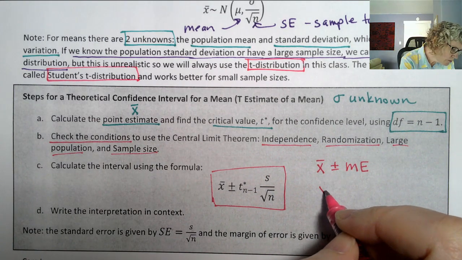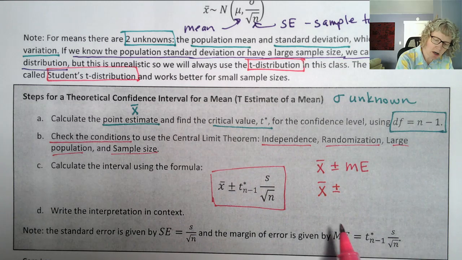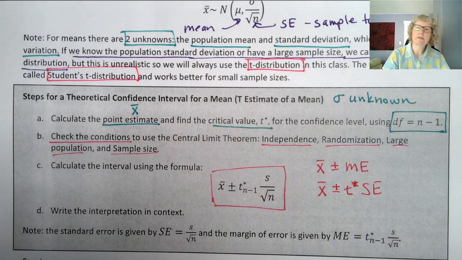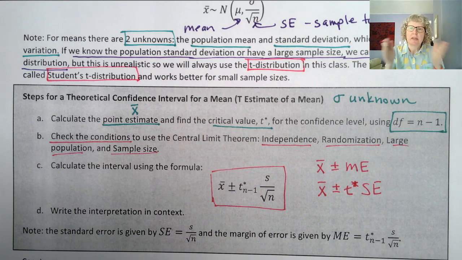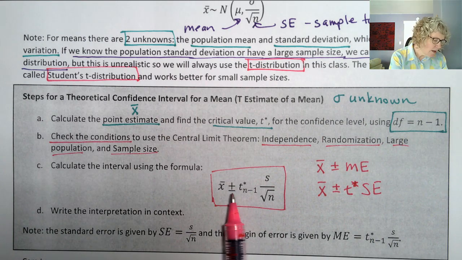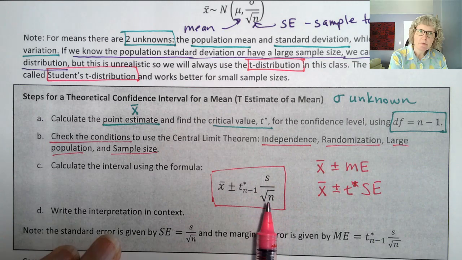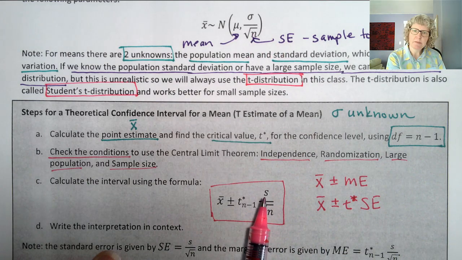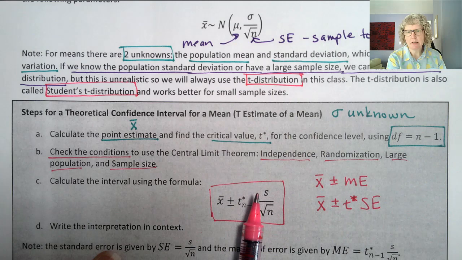Okay, so another way we could write our confidence interval is x bar plus or minus t star times the standard error, right? That's a certain number of standard errors. And the critical t value, which before was a critical z value, is the number of standard errors we need to go out to get that percentage confidence level. Okay? And also, you can see our standard error is coming from this model right up above, sigma over square root of n, but I'm using the s instead because we don't know sigma, so we have to estimate it with the sample standard deviation.